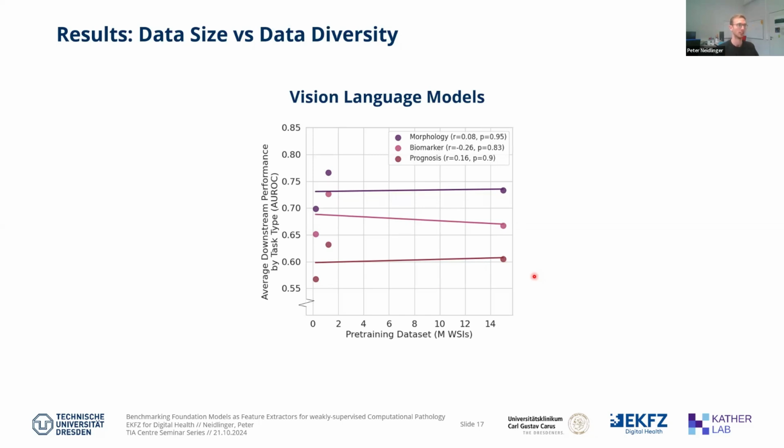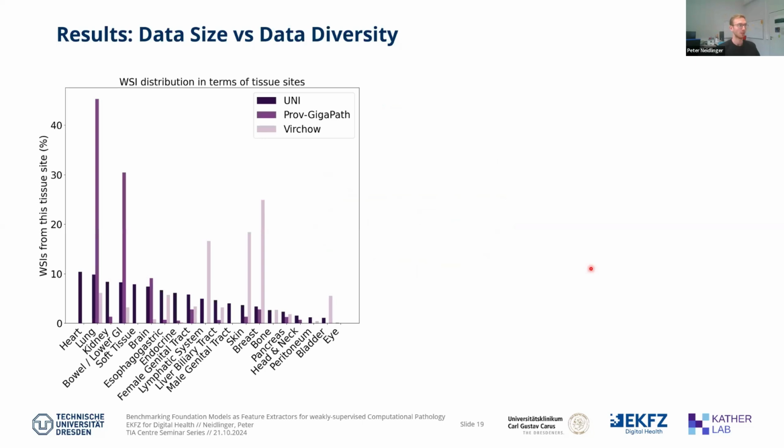So here you don't really see any correlation between the number of image caption pairs and the performance. As I said, it's not just about the number of anatomic tissue sites you use, but also the distribution. And this data is not available for so many foundation models, but it is for Uni, Prov-GigaPath, and Virchow. And as you can see here, for Uni, it's pretty well distributed. So between 10% heart whole slide images, and then for bladder, it's like 1 or 2%, but it's pretty similar for all